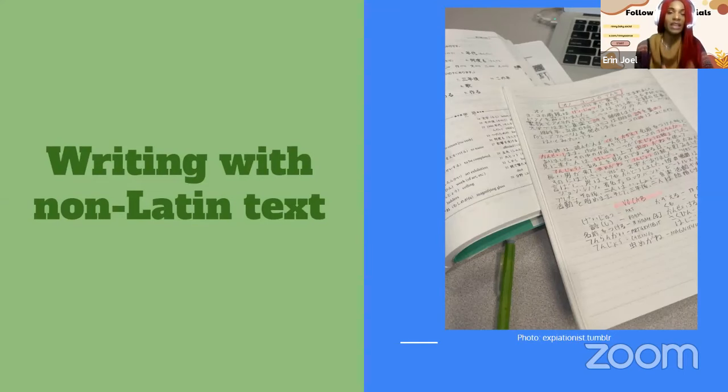So it's a lot easier to do if it's in Latin text, especially if Latin text is something that you've been accustomed to your whole life. However, it gets a little bit more difficult when we start to talk about how to use the writing methods when it comes to non-traditional or non-Latinized languages, with their own unique alphabet. So I've studied other languages that have other alphabets, but I've chosen 3 that I think are the best